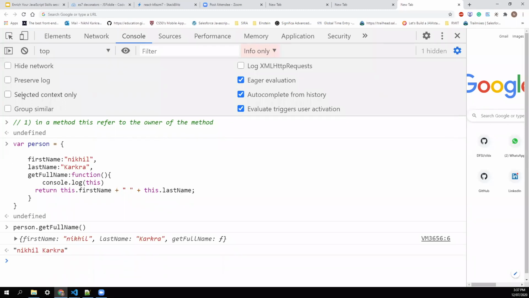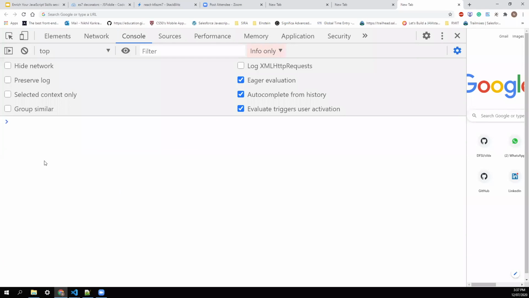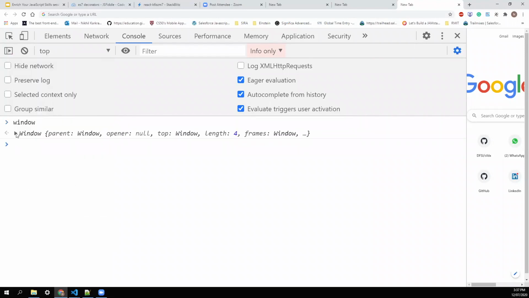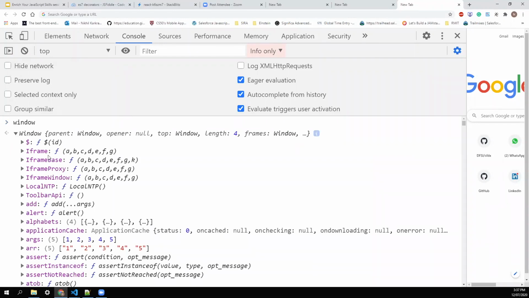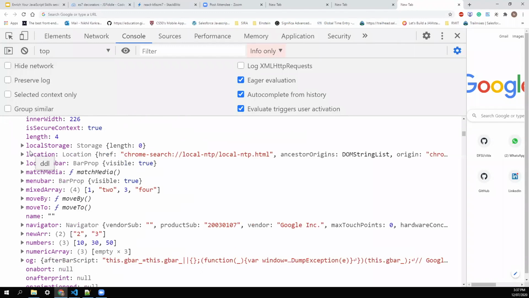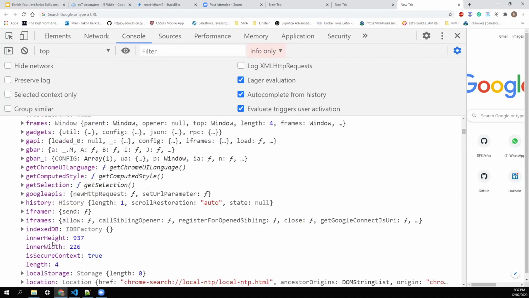Now we know on the client side, our application runs in the browser, and the global object in the browser we call window. So if I type window here, you'll get an object. This is the global object where everything gets attached. When you run something, all values, .length, and whatever global variables we have declared till now, new array, number, whatever we discussed, it's all attached to the window object.